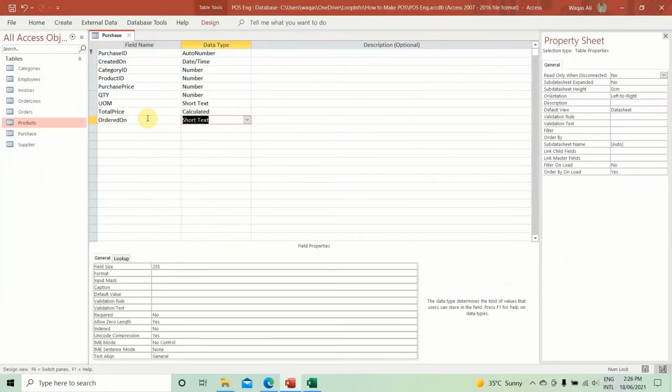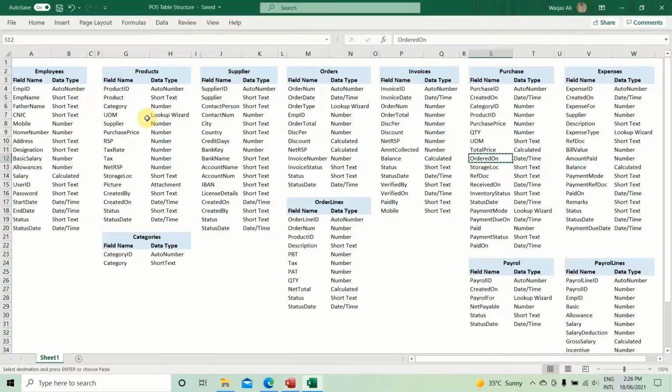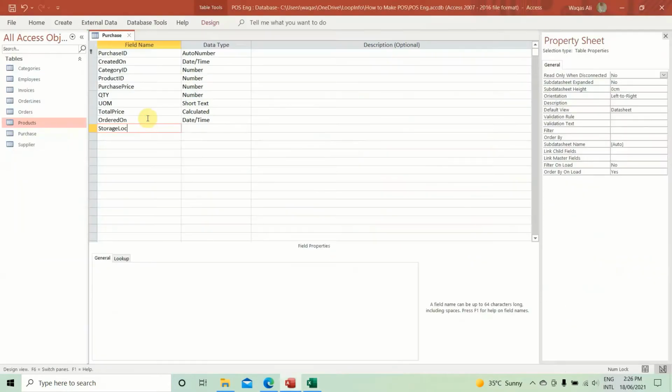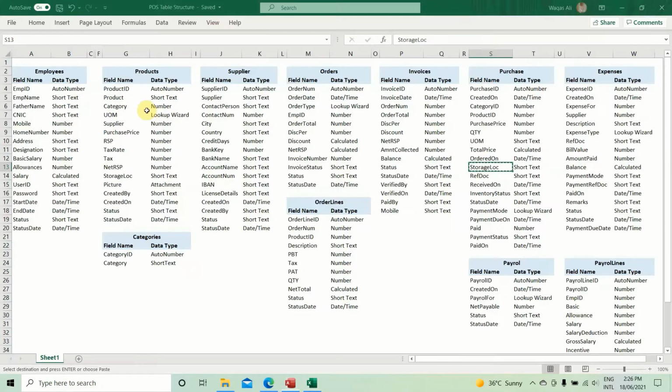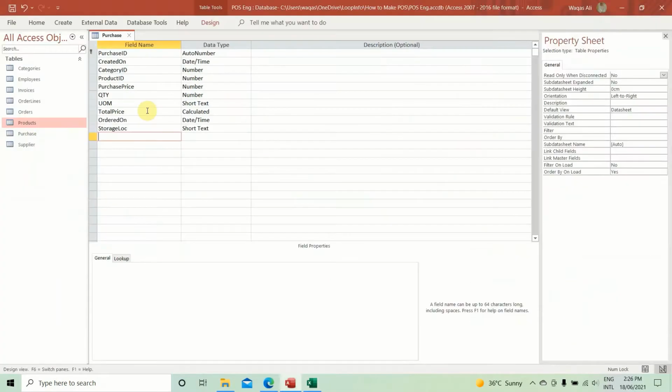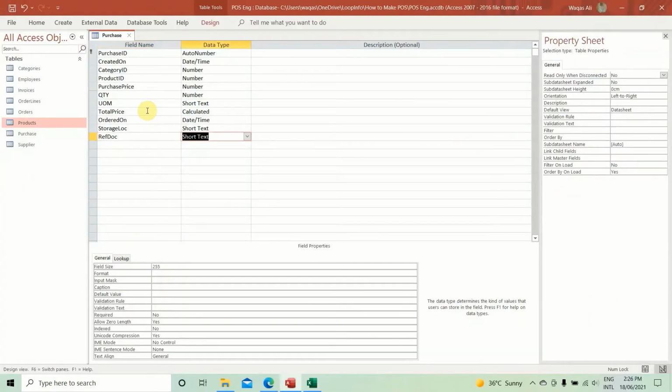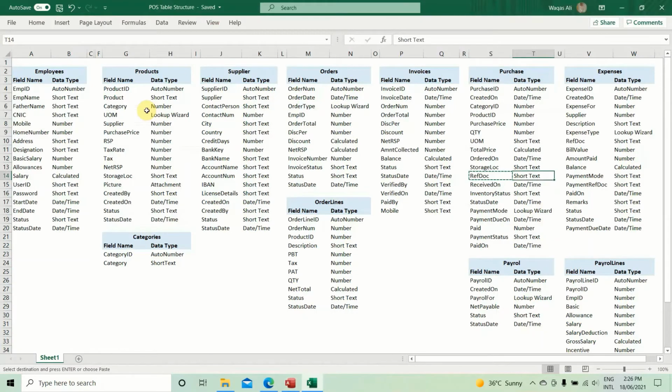ordered on, so we'll keep the date and time as well. Storage location, in case you have a dedicated storage location for this particular item to be stored, you can do that. Reference document is very important. Now reference document is all about the document. For example, if you do a purchase, let's say you have a wholesaler from where you will buy the item,